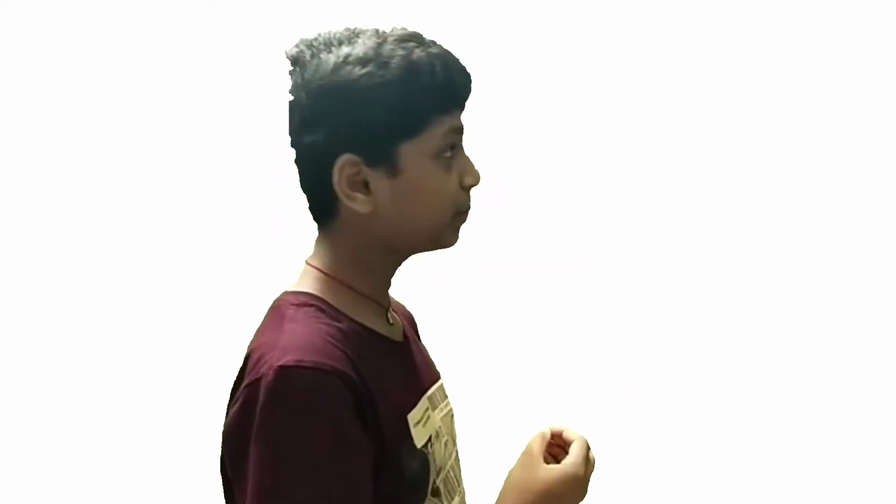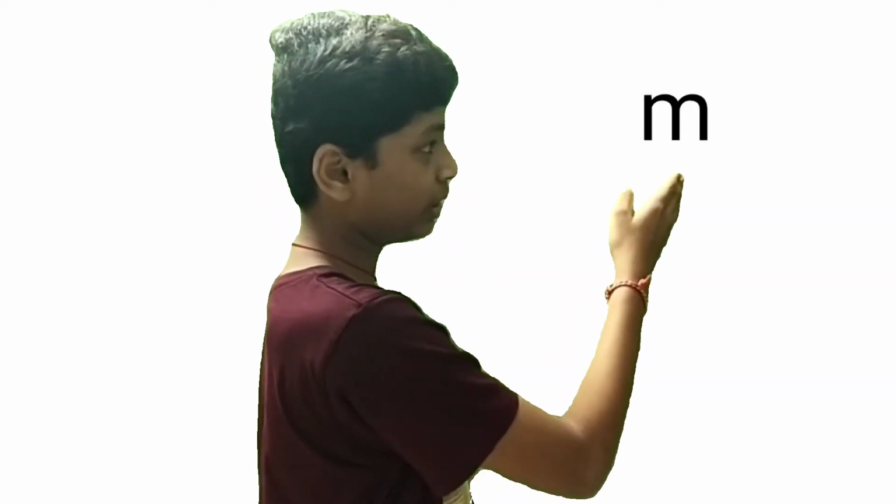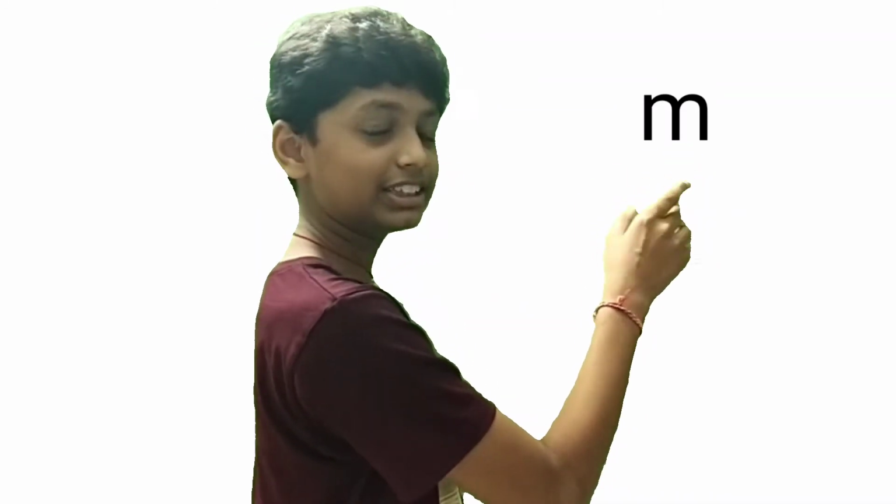Okay. Next, the unit of displacement. The unit of displacement is meter in the SI system, centimeter in the CGS system. Next, the dimension formula of displacement. M0 L1 T0 is the dimension formula of displacement. How did this come? Because M means mass, L means length, T means time. In this unit there is no kg, that's why M0. There is meter, that's why L1. There is no second, that's why T0.